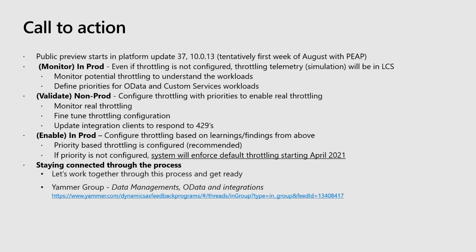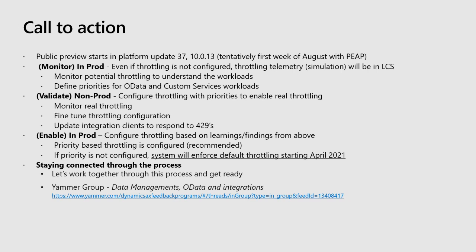Now, this is the recommended process between now and April 2021, which is almost 10 months that we have. But if for some reason any production environment has not yet configured throttling, then starting April 2021, the system will enforce default throttling. Since there is no priority and the system has to preserve its sanity, it will start throttling on a first come, first served basis, whichever request comes in next. If the system thinks it cannot perform because it is already overutilized, then it will